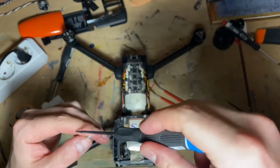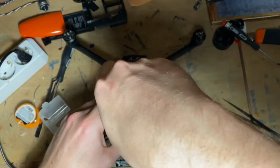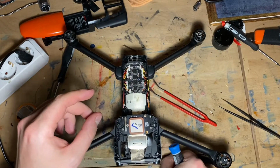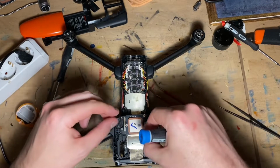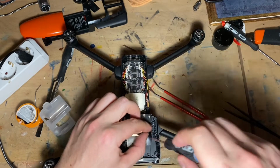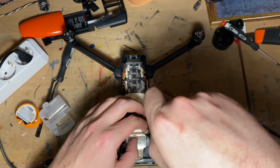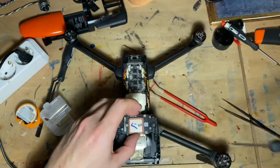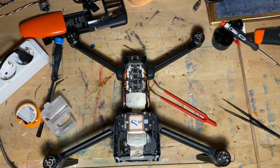This little screw went in here. I can't get that. This little screw went in here. And we're mere seconds away from turning this on and seeing if it flies. If it does, this will mean that we have fixed Autel Evo